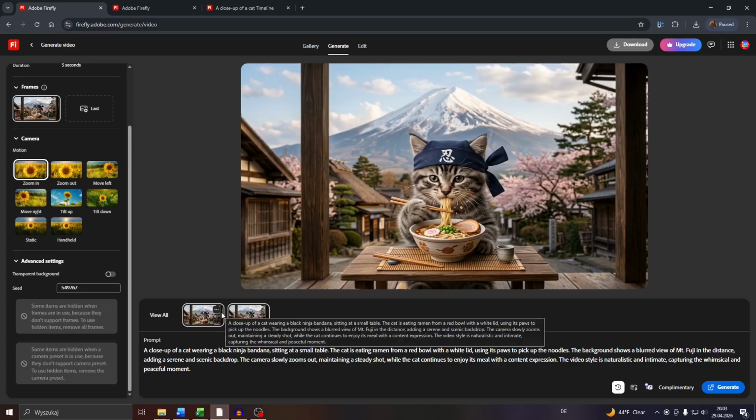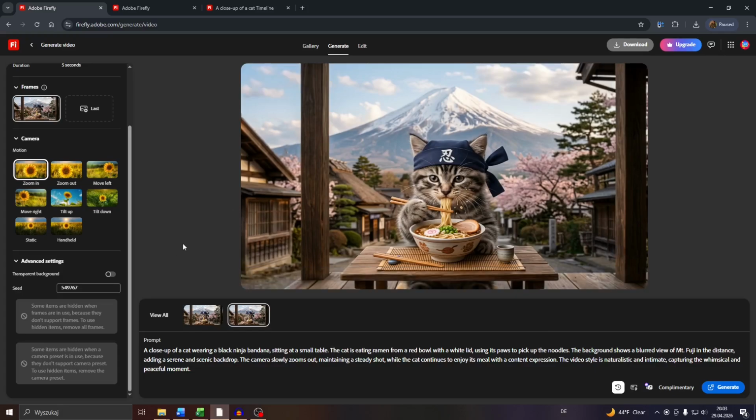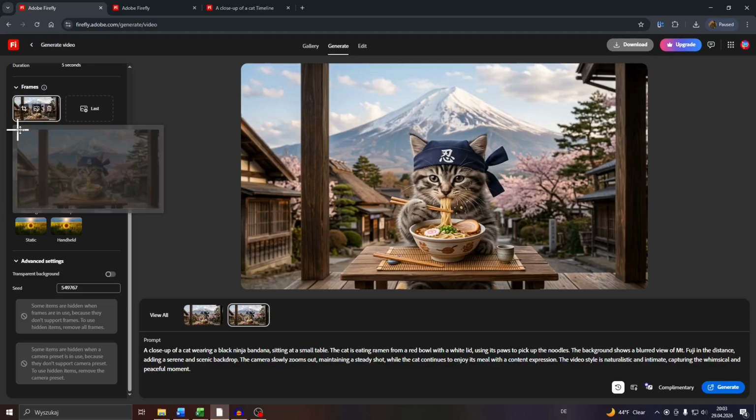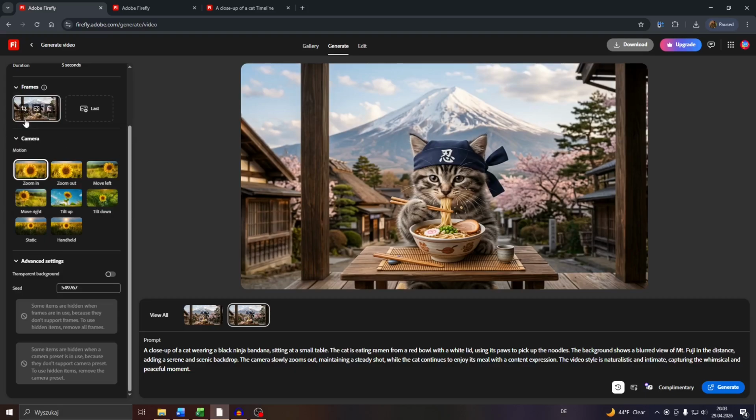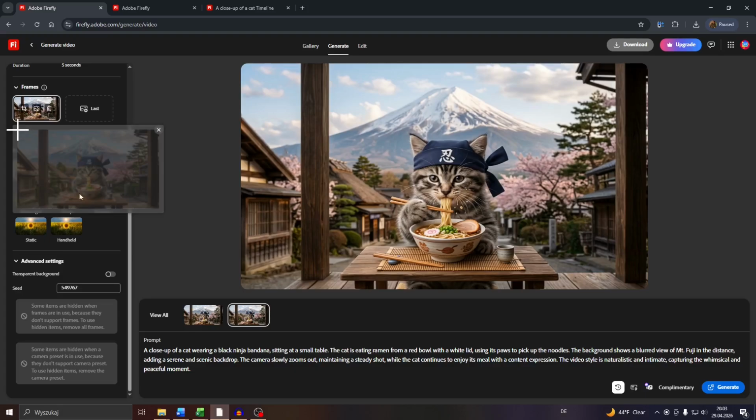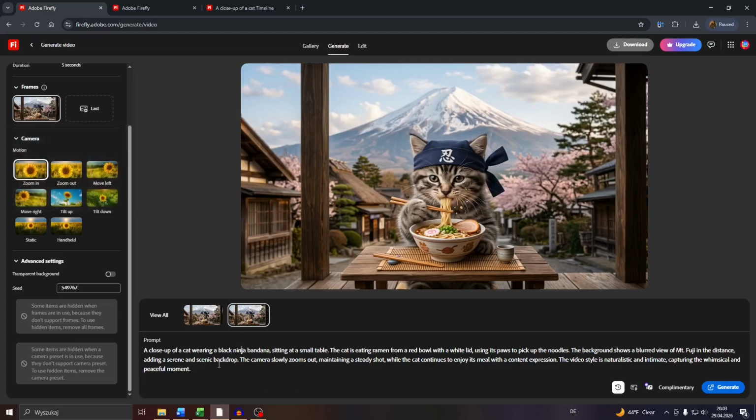Now what you want to do as well is, for instance, go through that list here of frames that are being used for your video project as a reference. Click into view all to navigate to generation history, and in this case here, guys, make sure that your frames you inserted here, you may also, for instance, remove them from there. What you want to do is make sure that it aligns with the text you insert